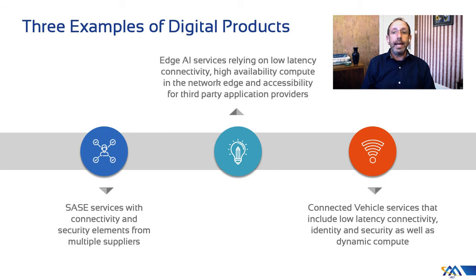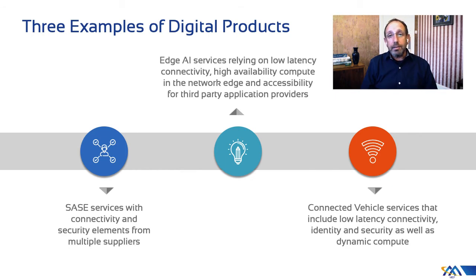So if we can imagine an enterprise with, for example, a national or global presence, their service provider that's offering the edge AI service for all their locations throughout the country or the globe will need to be able to order things like compute in edges close to all the locations throughout the world, and typically that will be out of their footprint. And these are the sort of things that will not be ordered over the internet. So the business lifecycle has to be secure, and it has to be fast, and it has to be scalable.